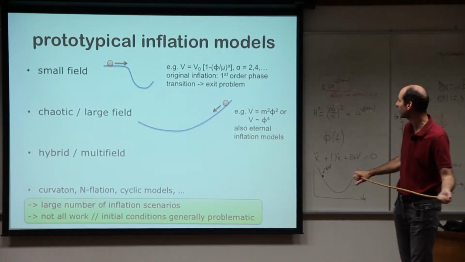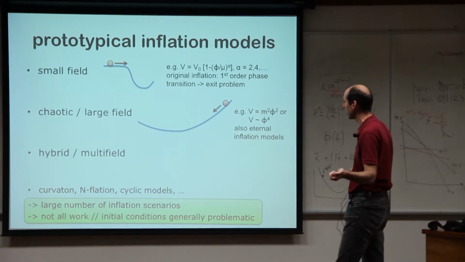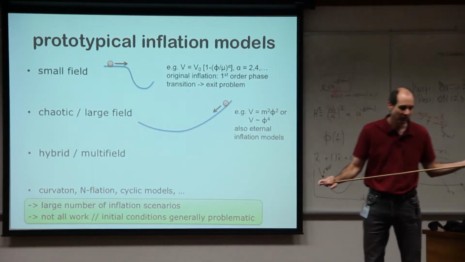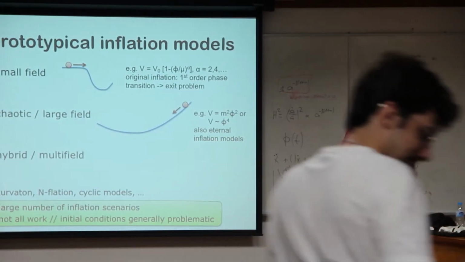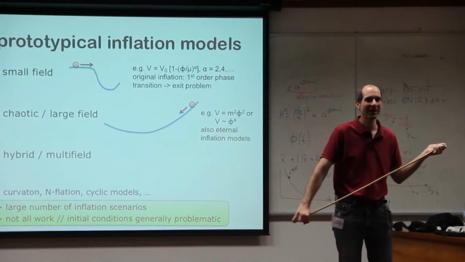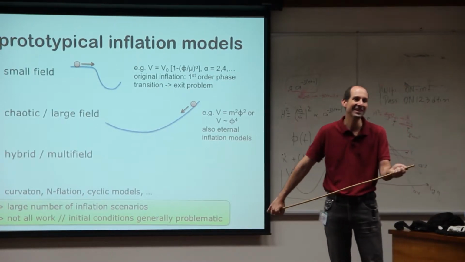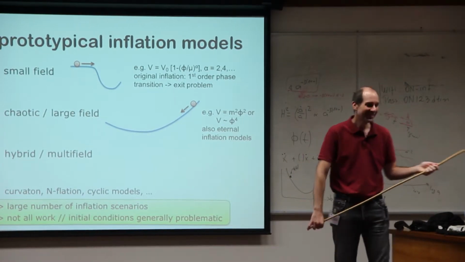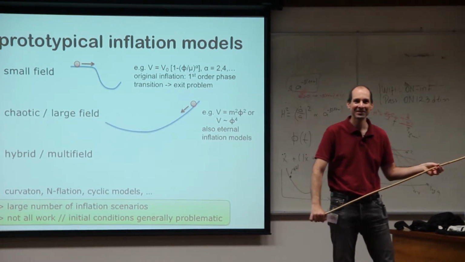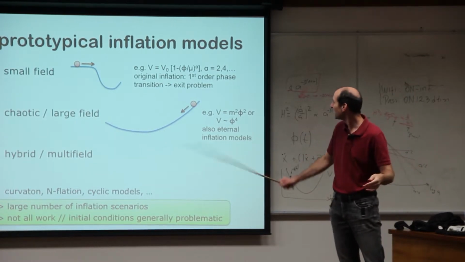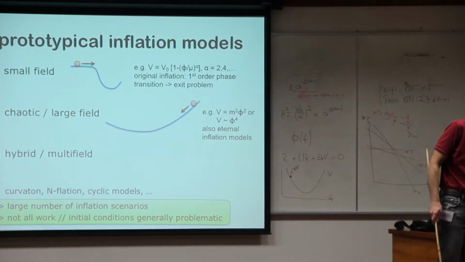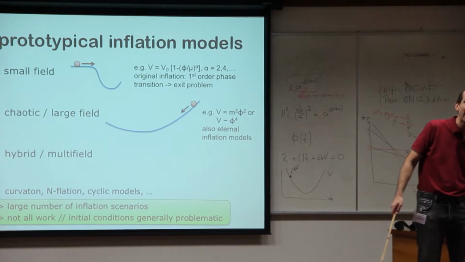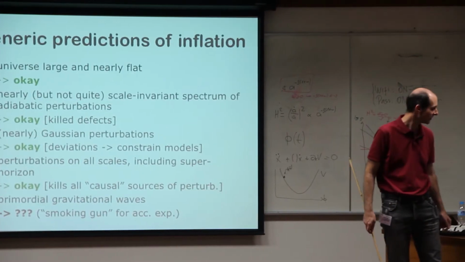Okay, so since I'm actually now telling you about inflation, let me finish quickly the inflation part, because a priori this is a fairly crazy theory. If someone tells you about a crazy theory, you should go like, why do we take this seriously? Typically the answer is because we don't have anything better. But okay, the theory does make some predictions, and the key question really is, what are the observational predictions, and are they in agreement with data?